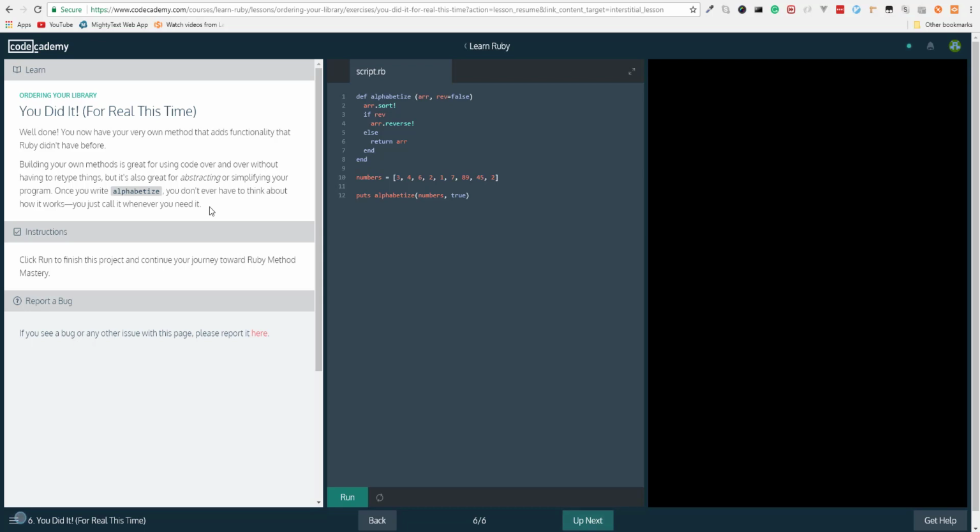I feel like this lesson is a little strange. This method has nothing to do with alphabetizing. Yeah, anyway, it's just really weird because we didn't end off with the example that they started with. They also said that there wasn't a built-in way to reverse an alphabetized array in Ruby, but I'm pretty sure